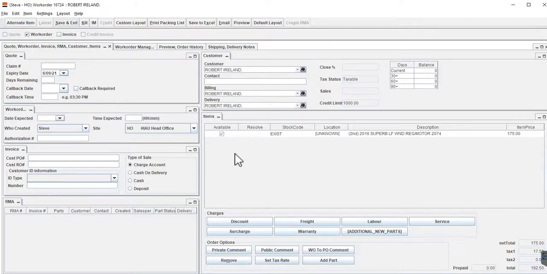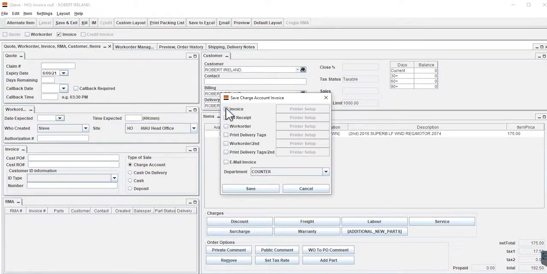When the order is ready and we are invoicing it out to the customer, well, that might sound pretty straightforward. We're just going to go up here, we're going to save this invoice, and we've got the option to print an invoice for our customer. But we also have the option to email the invoice, and increasingly our customers are wanting an electronic version rather than a printed version. So this gives us the option to email the customer the invoice,